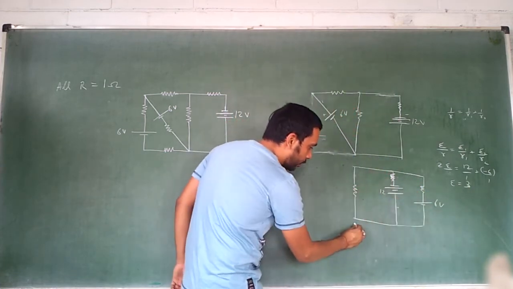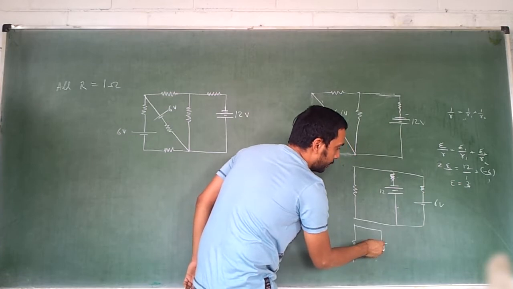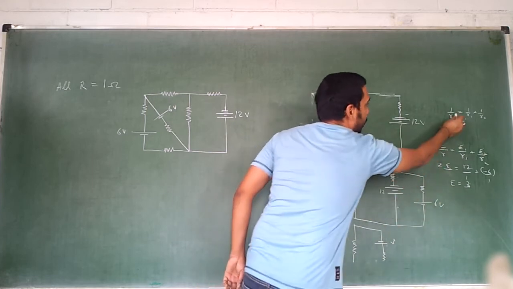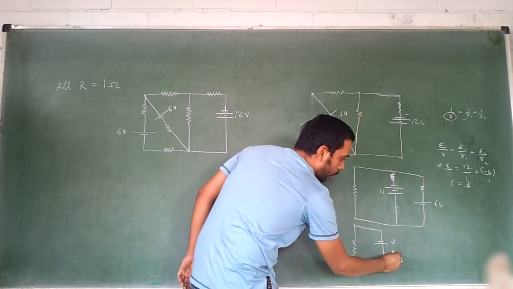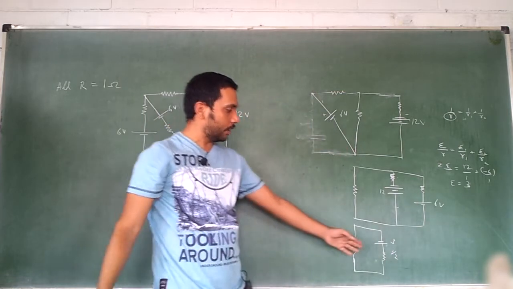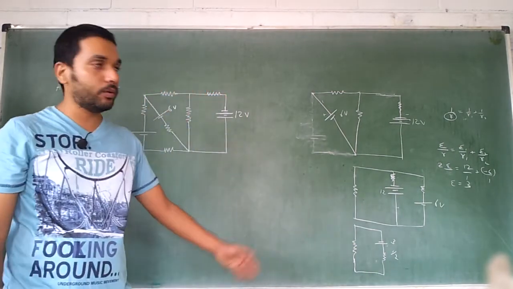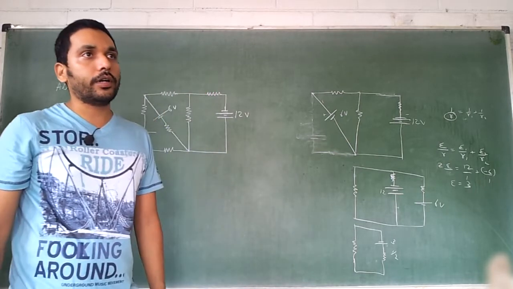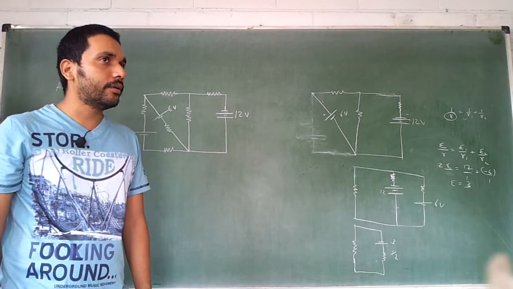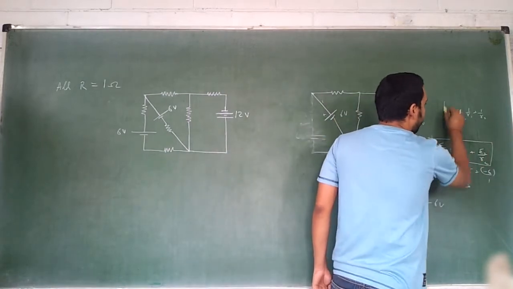Hence this can be redrawn as 3 positive, it is coming, so same alignment as whatever I had taken positive, so 3 with an internal resistance of R which is 1 by 2. Right? And this is a circuit which is having a total resistance of 1 by 2 plus 1. 1 by 2 plus 1 is 3 by 2. So 3 by 2 is the resistance and 3 is the battery voltage. So 3 divided by 3 by 2, 2 ampere current is flowing. Any doubt? That is how you make use of this formula. I am particularly fond of this formula. You can apply it anywhere you want.